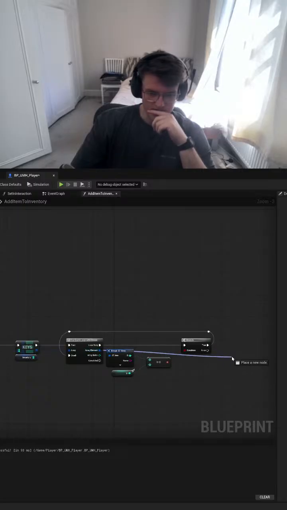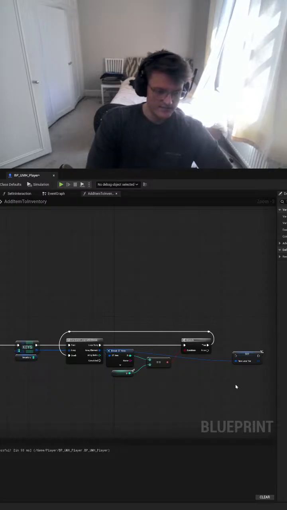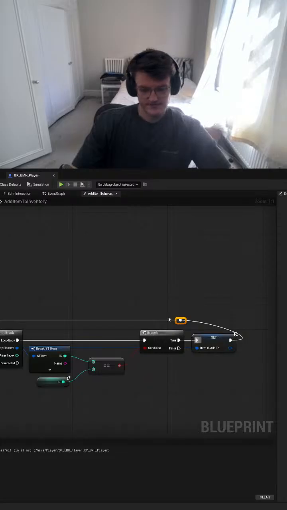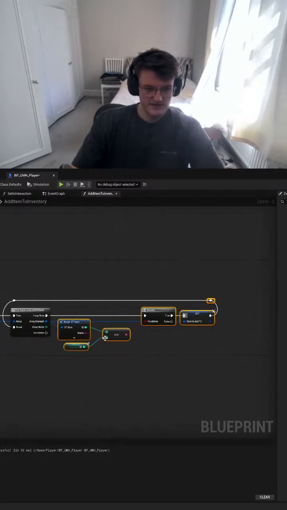And we'll promote this to a local variable, which is item to add to. So set item to add to, do this, and then on completed,